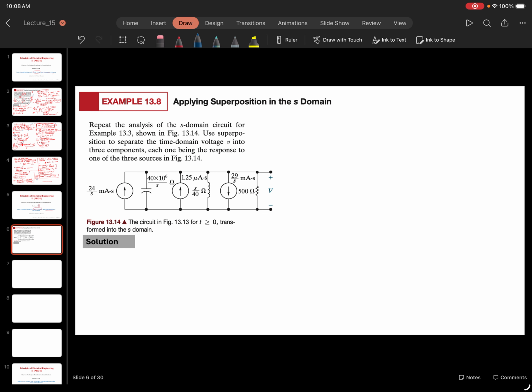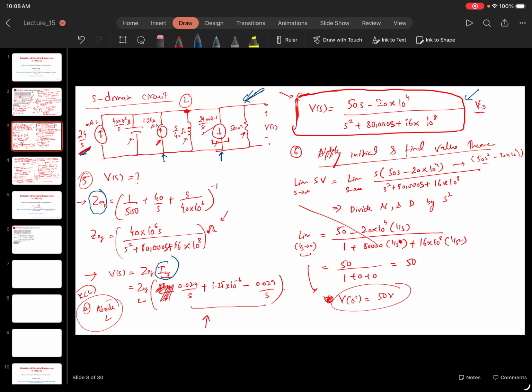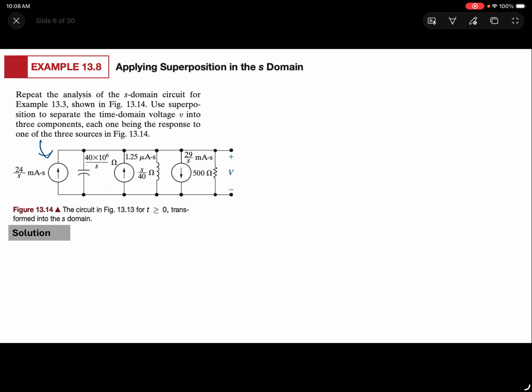So today's example problem starts from the S domain equivalent circuit, right? Again, this was a time domain circuit, and we converted it into an S domain circuit here, and our example problem starts from this S domain circuit. So let's say this is the S domain circuit that you have. This is the circuit you were working on from the previous example. This example problem talks about the concept that, in order to find this value V in the S domain and later in the time domain as well,